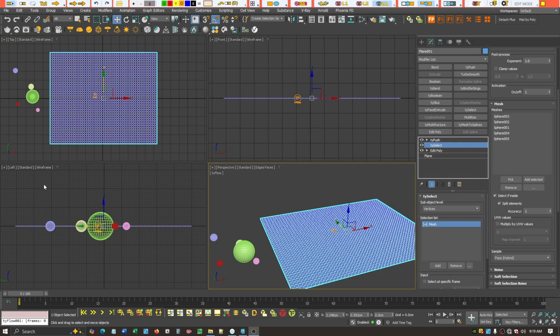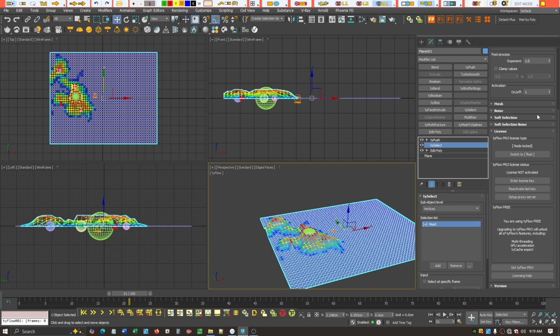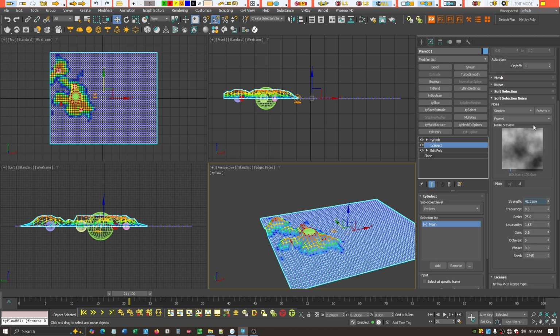Just to show how versatile this tySelect is, I've now created multiple different spheres, in effect creating my own little mini noise pattern. And all these spheres have been added to my selection, in this mesh operator and tySelect. So if we slide it in, we can see right now I have soft selection turned on, and I also have soft selection noise added a little bit. So if I turn this to 0, we remove the noise, and if I say do 30, we create this